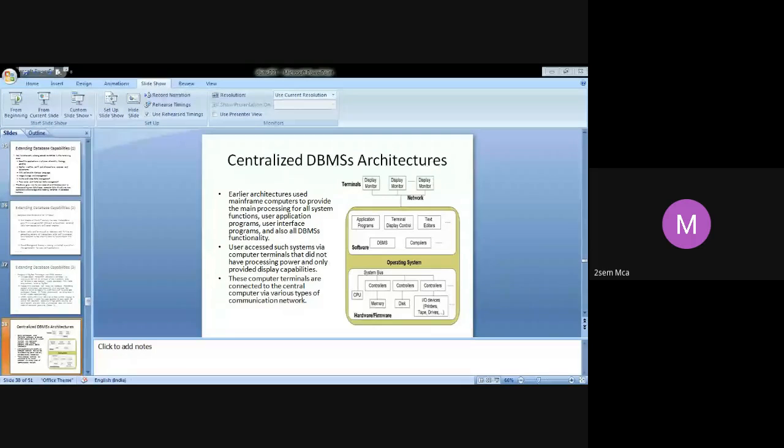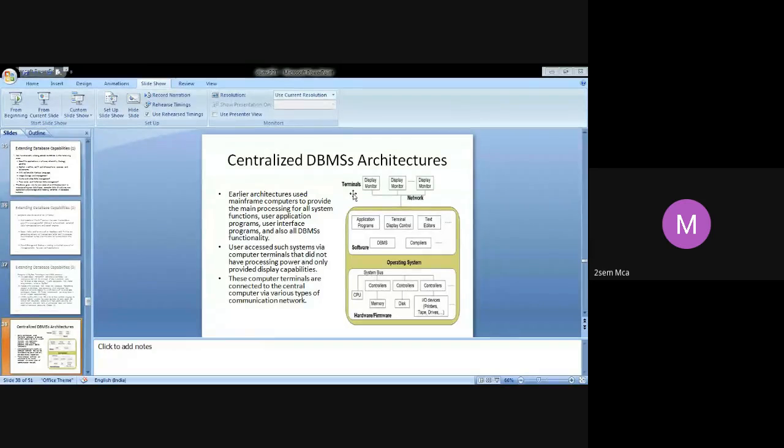Okay. So now let us differentiate between centralized architecture and client-server architecture. When we talk of centralized DBMS architecture, this is how they started off. Database systems used computers with terminals.